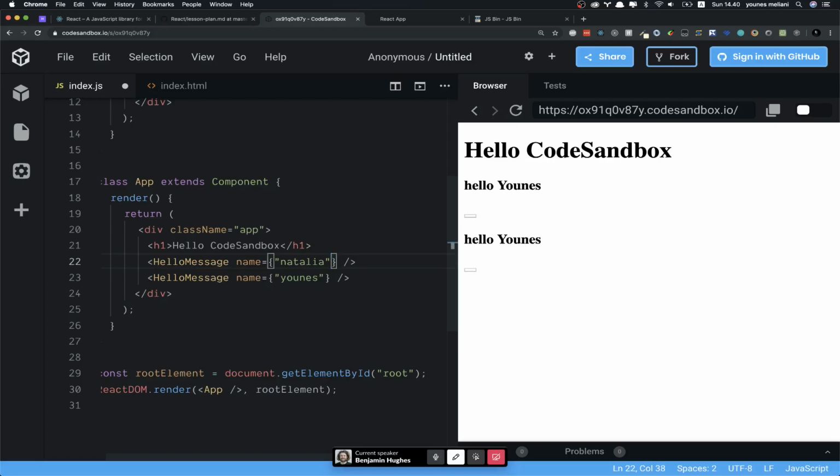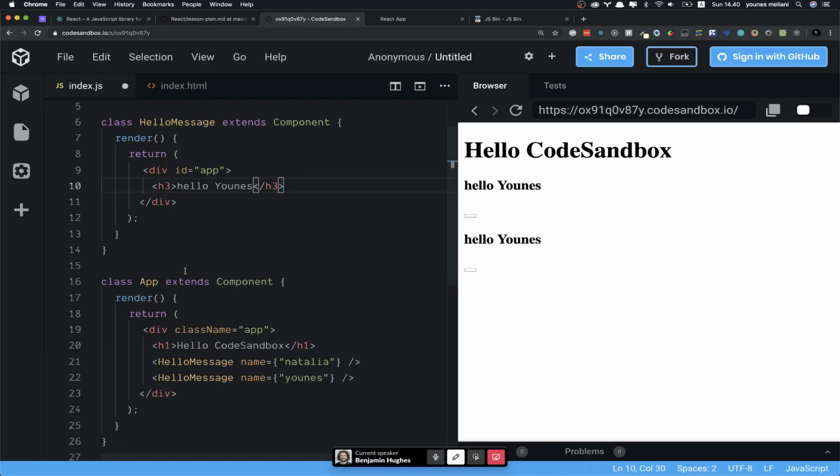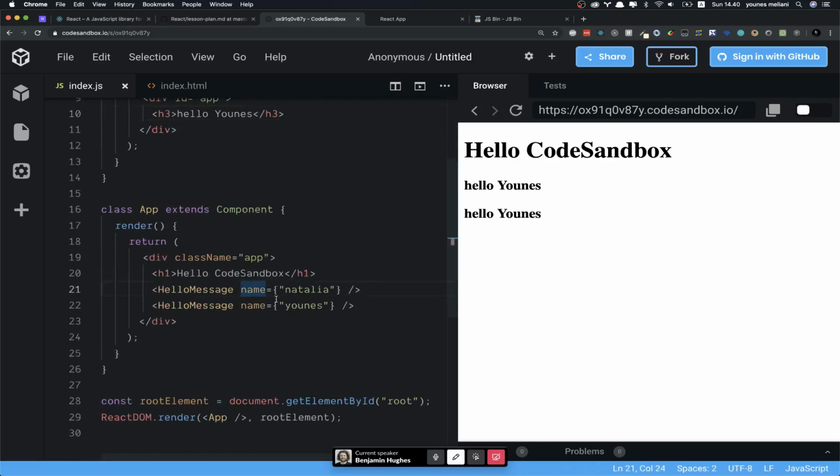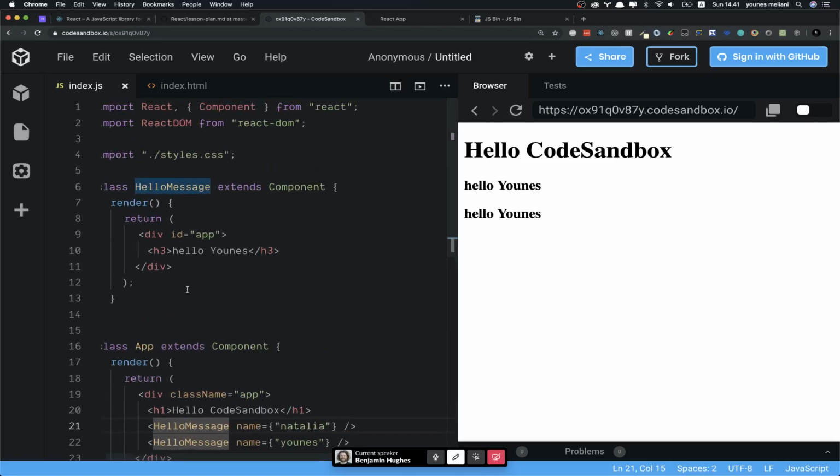So we have two components. Now we want to show hello Yunus, hello Natalia, or hello Natalia Yunus. It doesn't matter. So we are passing properties, or props, to this component. We want to consume the props inside this component. So inside this component, we want to get these props. This is the idea. The way we do it is, in React, all the props that you pass here